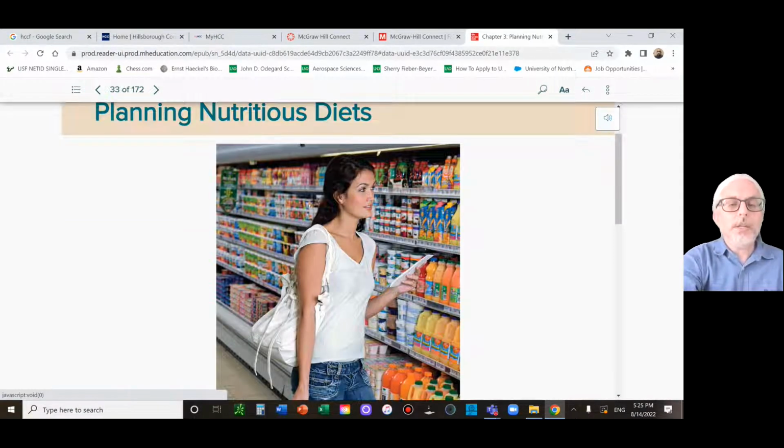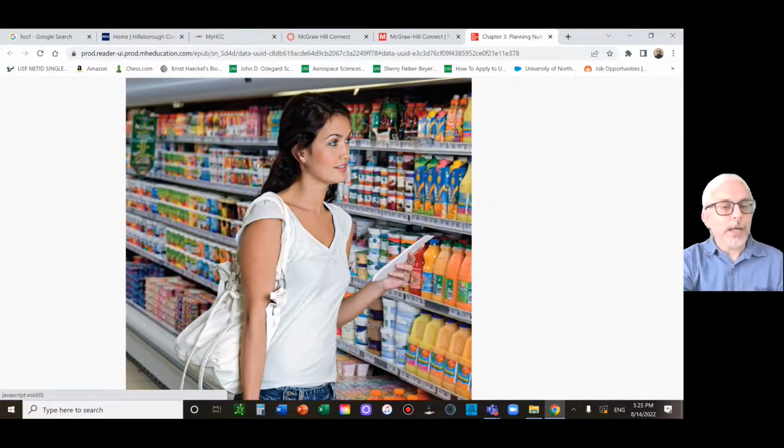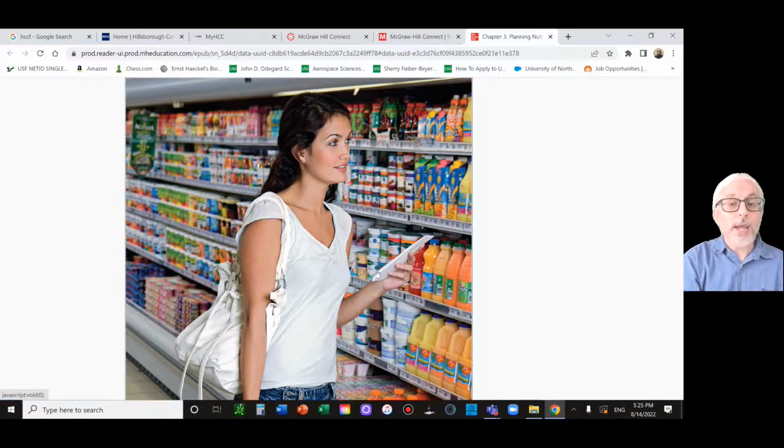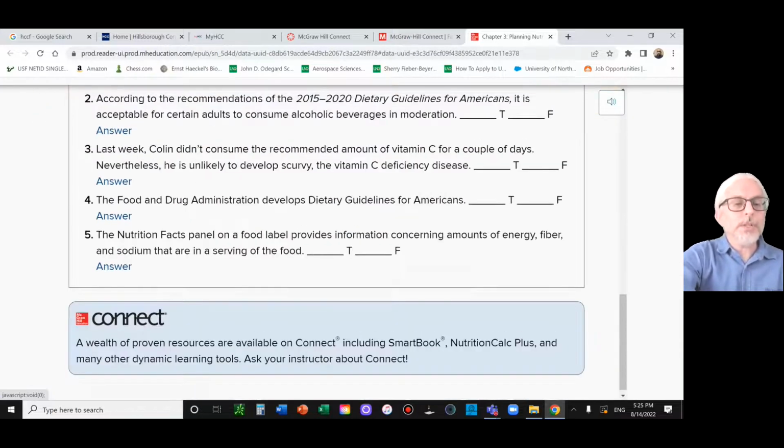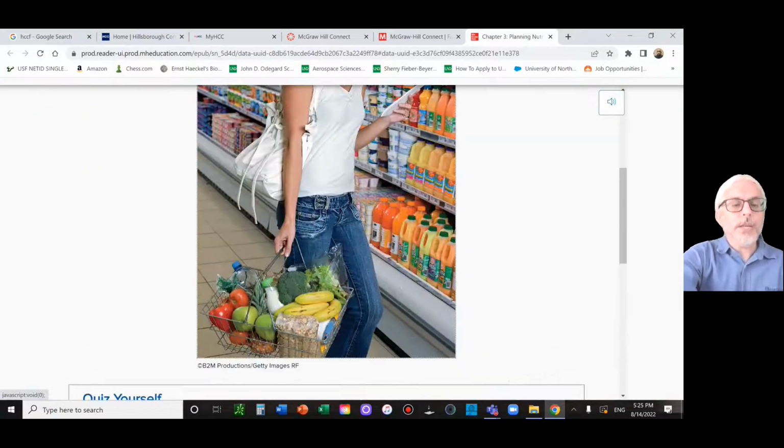And interesting, how do you shop properly at a grocery store? It's a very interesting picture, actually. Yeah, it's a big deal. Coming in with a list, grand idea. Not coming in hungry, grand idea. Making sure you buy your dry goods first, then fruits and veggies, then frozen, and making sure fruits and veggies and meats never touch, and then go check out. So this is really important, how to do this. There you go. Here's chapter 3. There's quizzes to take, that kind of idea.